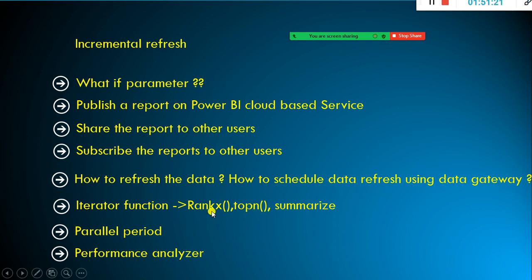In RANKX, you are going to do the ranking here also, okay. In the case of ranking, it does row level filtering for the ranking value, so for each row it does the ranking. So what you need to do is ignore the row level filtering, and for that you need to use the ALL function. The ALL function will disregard all the row level filtering, and then with that, for each row within that group, you can do the ranking, okay. So this one I know is pending, we will see this.